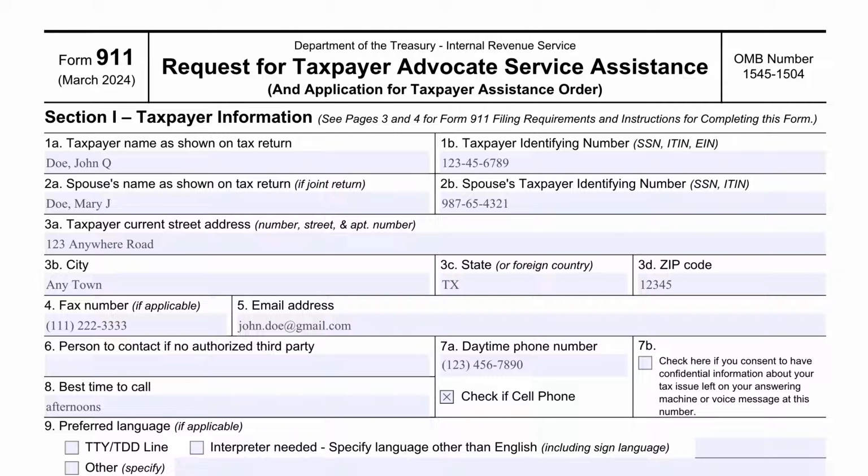We'll be going over IRS Form 911, Request for Taxpayer Advocate Service Assistance. So this is an updated version of this form. The last video we did was a couple years ago, and they've since updated this form, I believe March of 2024. So we're going to go over this form. There's not a lot of significant changes. However, there are some filing considerations that you may want to take into account when you're looking to request assistance